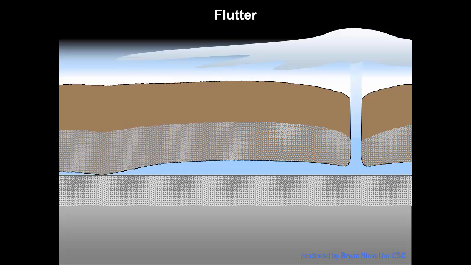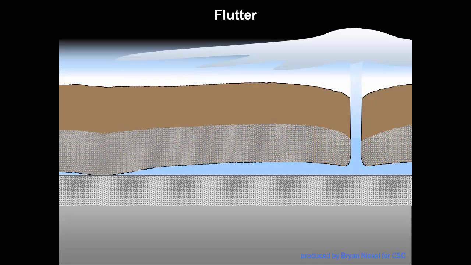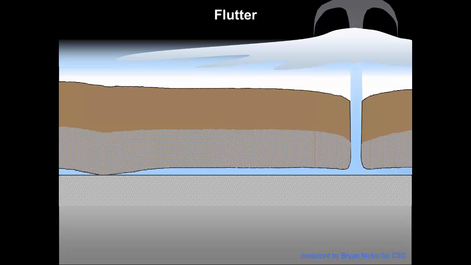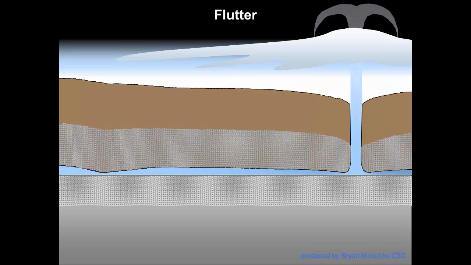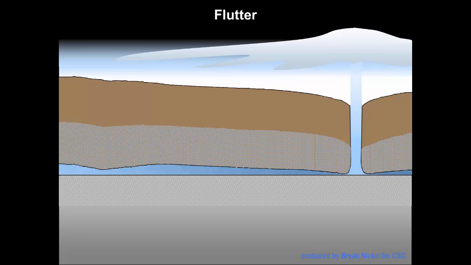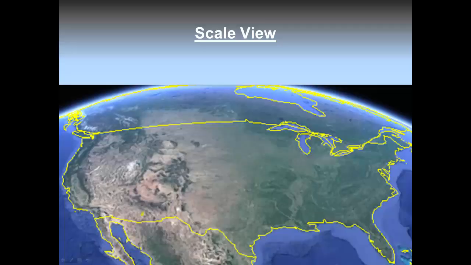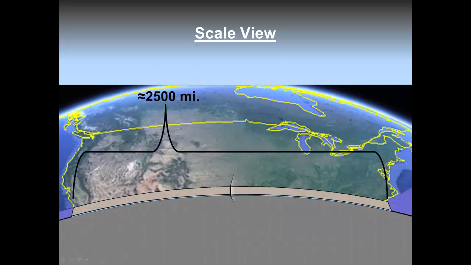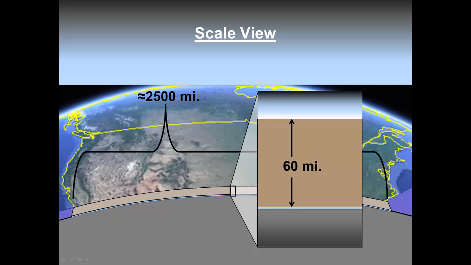It is hard to imagine granite 60 miles thick bending, but consider that the area of the plates was thousands of square miles across, so on a continental scale the plate thickness was tiny. Remember that many of the views you'll see here are out of scale so that we can see the concepts. For example, a more scaled view across the North American continent before it was compressed and thickened would look like this if the granite was 60 miles thick.